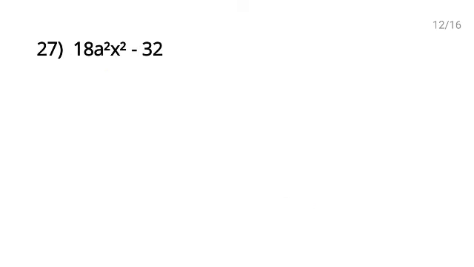Next question is question number 27, write it in the form of difference of squares. Let's see how we can write it. 18a square x square. Students, if we try to write it in the form of a square, it is not possible to write this 18, क्योंकि 18 स्क्वायर की फॉर्म में आता नहीं है। 3 3 सा 9, 4 4 सा 16, 5 5 सा 25, 18 तो नहीं आ रहा स्क्वायर में।